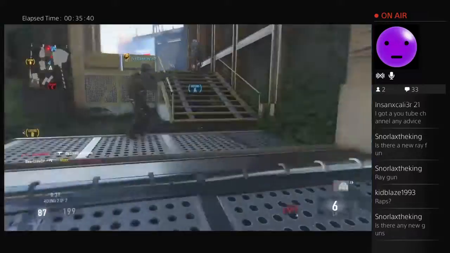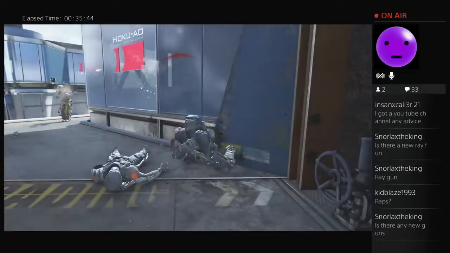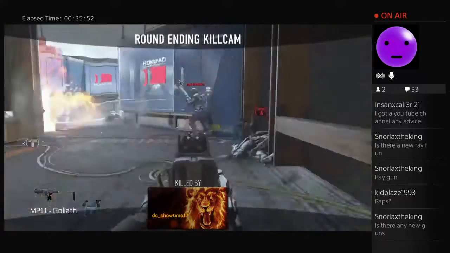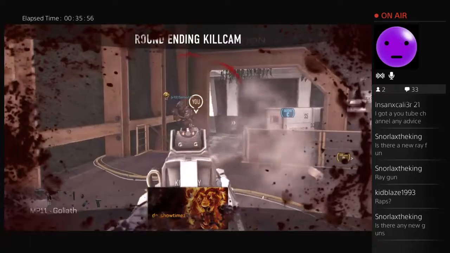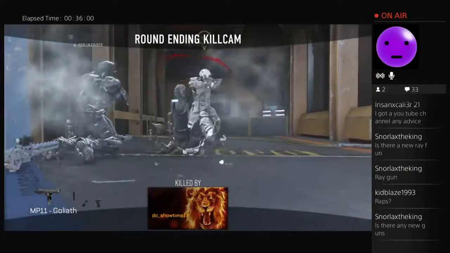Is there any new guns? Yeah, there are a couple of new guns. More specifically, let me think about this. There's all the guns from the multiplayer, obviously. You got that pack in there. You got the Kuda. You got the Vesper. I know there's the Locust sniper rifle. I'm not sure about a couple other ones. I also know that there's